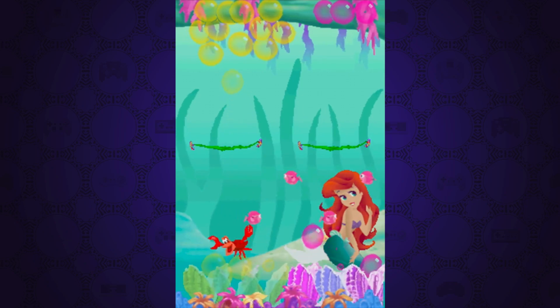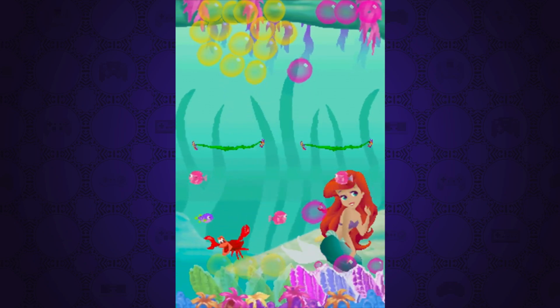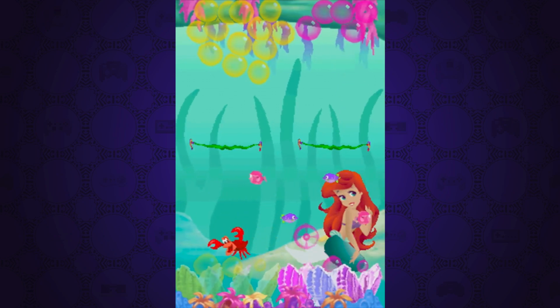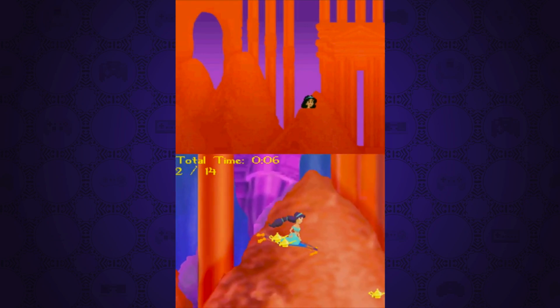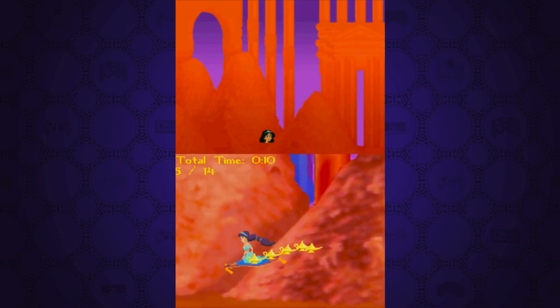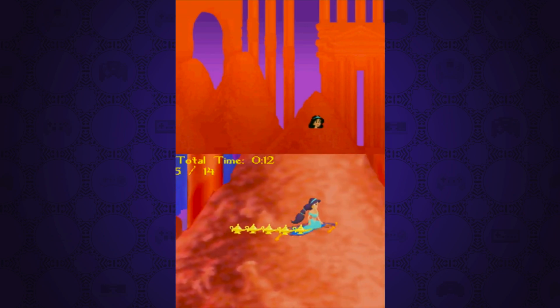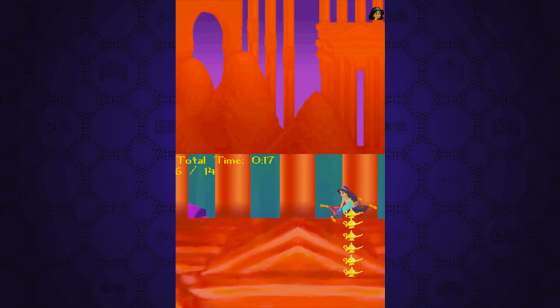The only other gameplay change is in these two optional minigames that don't seem to serve a purpose. One, which is this Little Mermaid themed one where the goal is to stack bubbles, and the other where you control Jasmine flying around the Cave of Wonders collecting lamps. Like, I genuinely don't know why they're there. When you beat the games, they don't even do anything. You don't get anything for beating them, and I think it's just an excuse for them to stick Ariel and